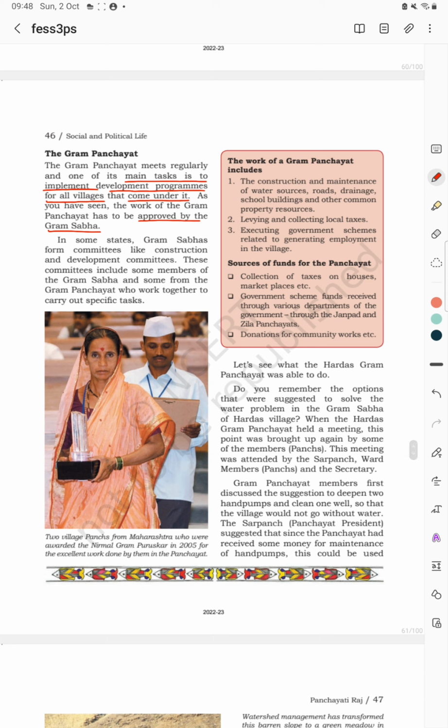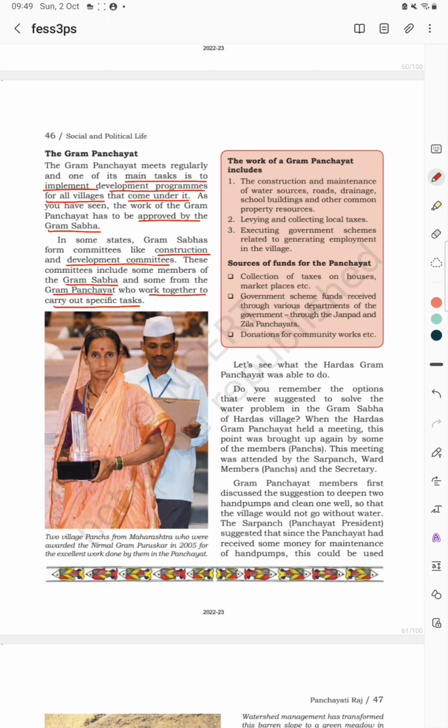In some states, the Gram Sabha forms committees like a Construction and Development Committee. These committees include members of the Gram Sabha and some from the Gram Panchayat. They work together to carry out specific tasks. So that is state specific. In some states, for any specific development work, they generally form a committee which includes members of the Gram Sabha and Gram Panchayat. They together work on